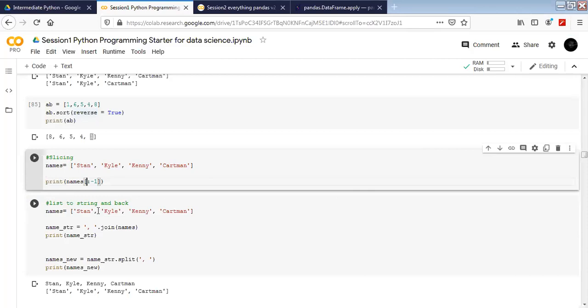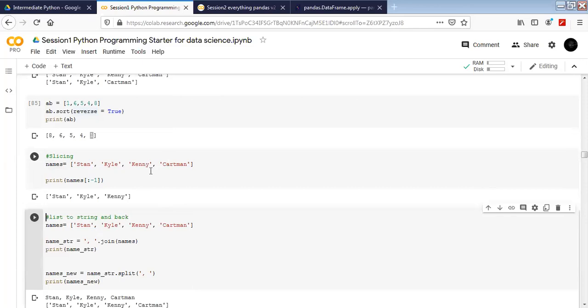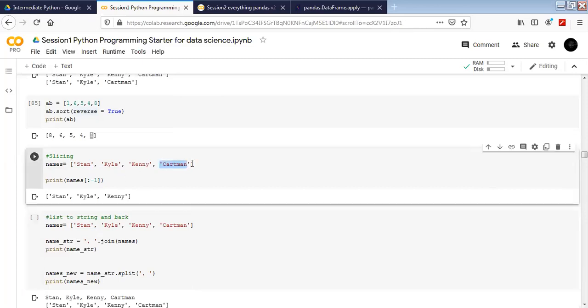And remember, we stop at n-1. So we have Stan, Kyle, Kenny, and Cartman. At this position, what is there? Cartman, right? We are going to stop one before it. So if we execute it, we are going to see Stan, Kyle, and Kenny, because we have stopped one before the n-1 position.